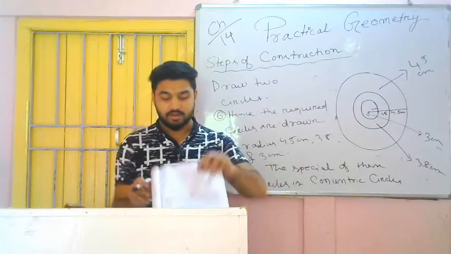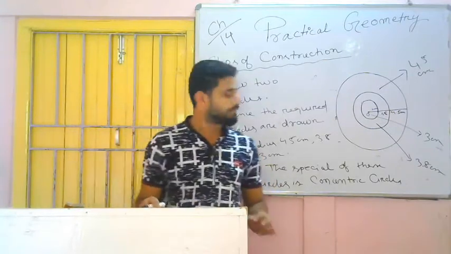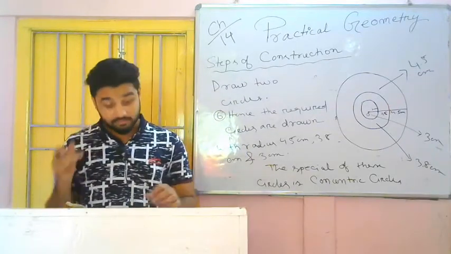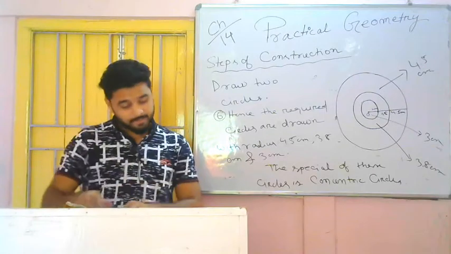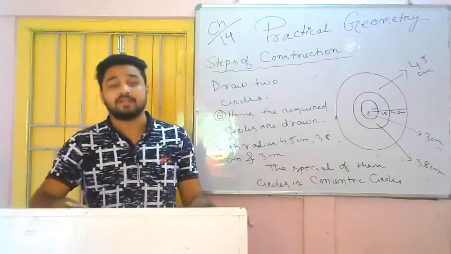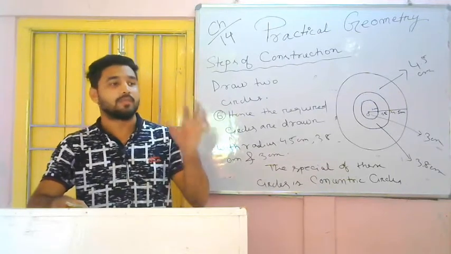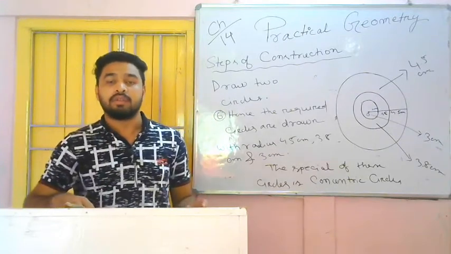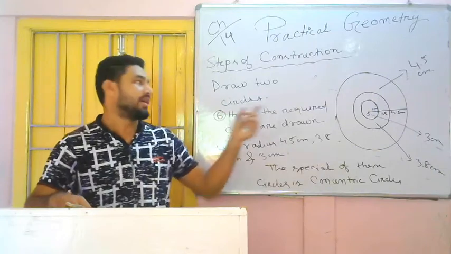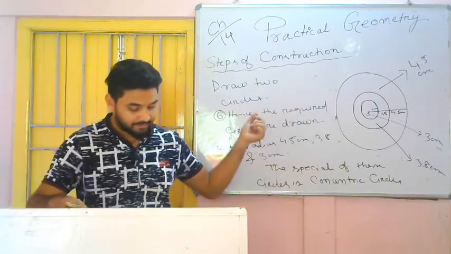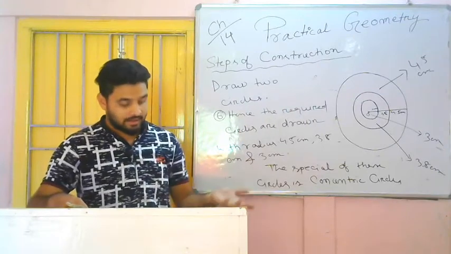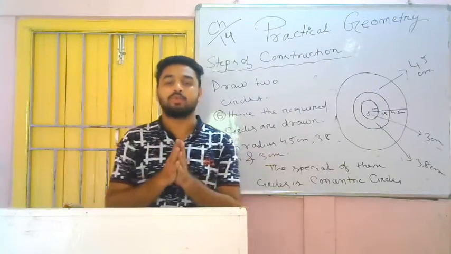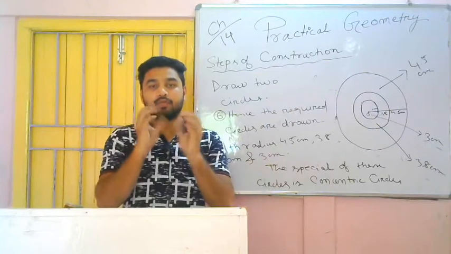Now come to question number 3. You see question number 3, draw a circle of any radius, say 4 centimeter. That means we have to draw a circle of radius 4 centimeter. Earlier we have drawn many circles with many radii like 3.8, 4.5, 3 centimeter and 3.5 centimeter also. So many circles already we have drawn. Now we have to draw a circle with radius 4 centimeter. Okay.